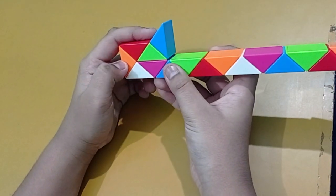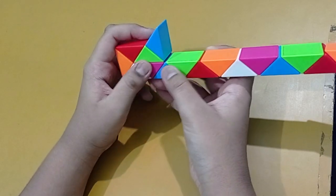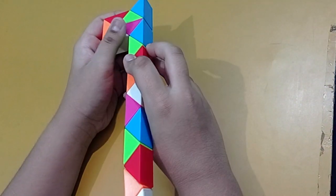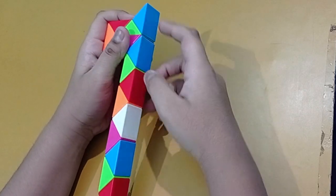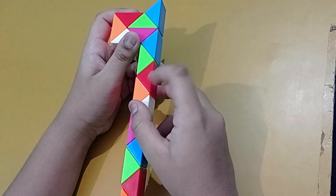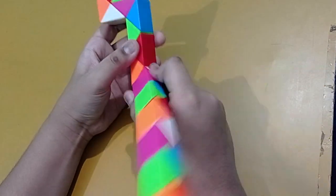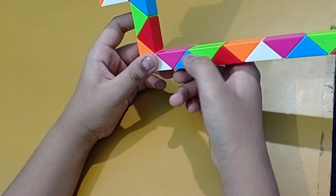And now count the two blocks from the third one, 1, 2, and now move the next one. Then count four blocks and move the fifth one. Count two blocks from it